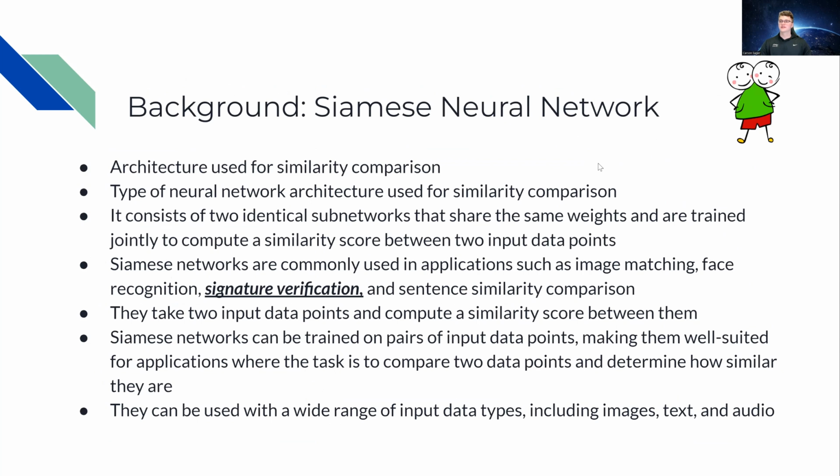Now we're going to move on to the Siamese neural network. Here's a background of the Siamese neural network. This is an architecture used for similarity comparison. It's a type of neural network architecture